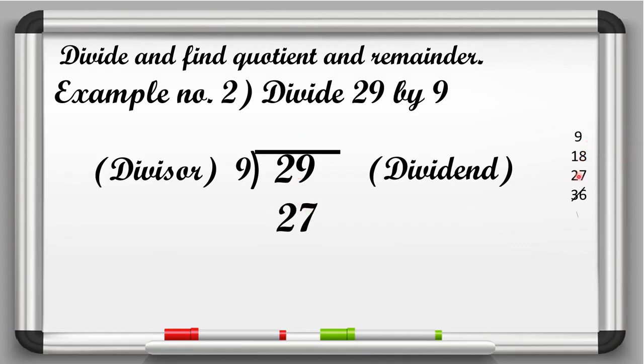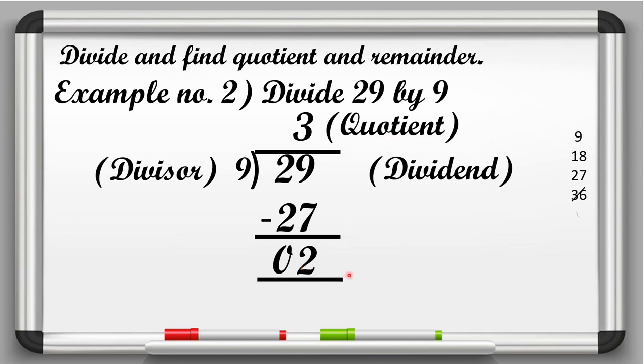1 2 3. It came at the third number beta, so here 3 is the quotient, okay, and put the sign of minus. Now keep 9 in your mind and 7 on your fingers. Let's start backward counting. 8 7 6 5 4 3 2. So here at ones place we will write 2, okay, and 2 minus 2 is equal to 0, so here we will write 0 at tens place. So we can say that here 3 is the quotient, so here we will write quotient, and 2 is the remainder. Understood beta? Clear?